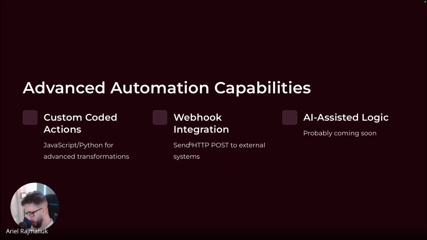So technically there is nothing you cannot do. If you wanted to do custom coded actions, you can. If you want to have a webhook integration where you either send something to an external tool with a webhook, or that tool sends that to HubSpot, HubSpot opens an API endpoint for webhooks. And then there will be AI-assisted logic that is probably coming soon, that is asking an AI what path to take. This is coming. I mean, it will happen. I don't know how accurate that will be, but it will happen.